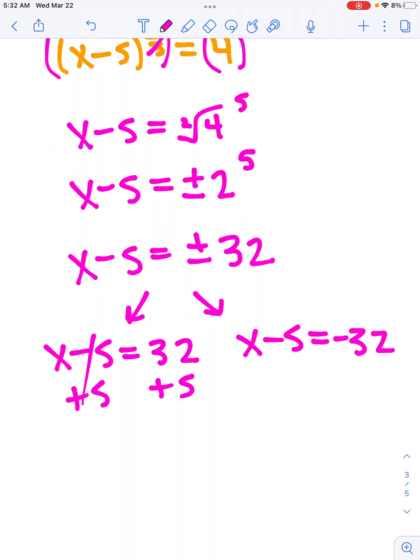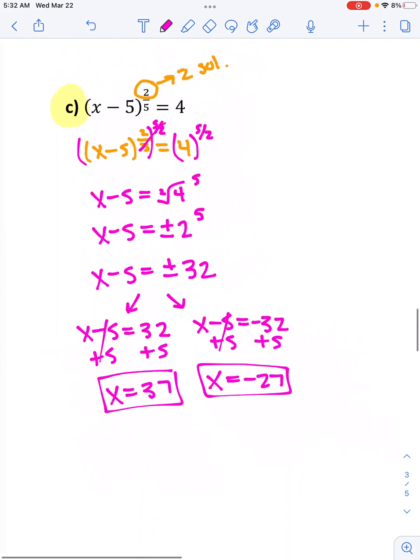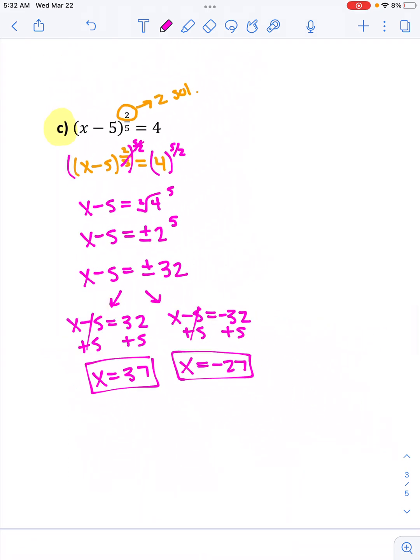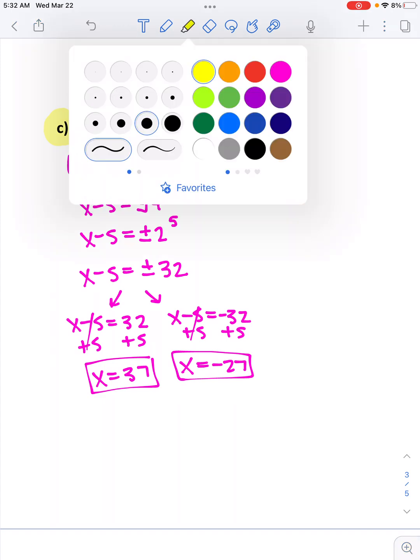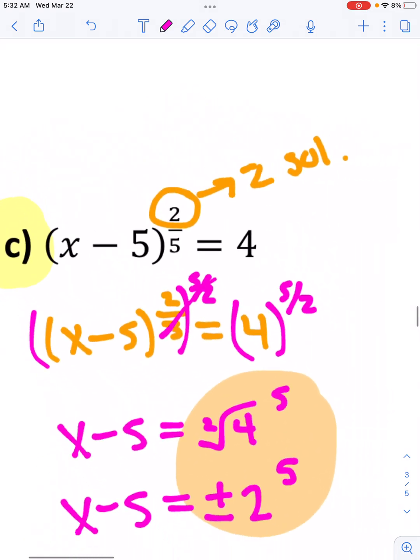And then I'll solve each of those. So x is 37, and x is negative 27. Right, and again, we should double check that those actually work when you plug them back in. So if you think you'll forget to check for both answers at this step here, you could also just go ahead and turn this into a